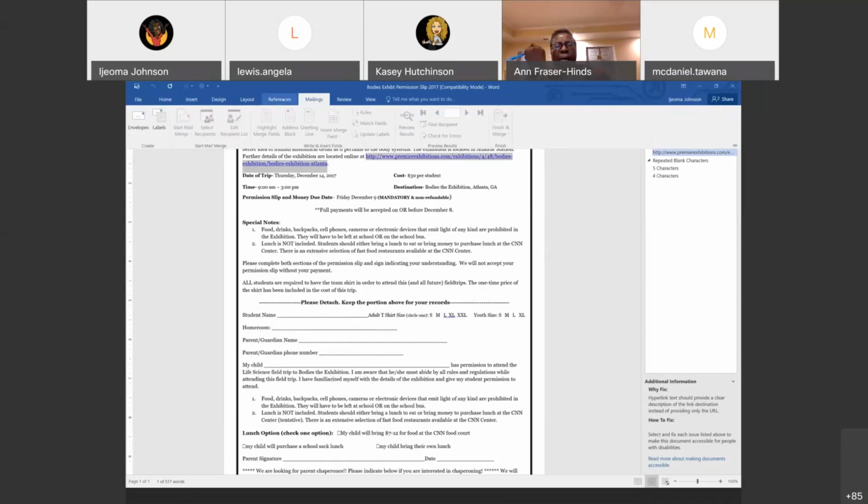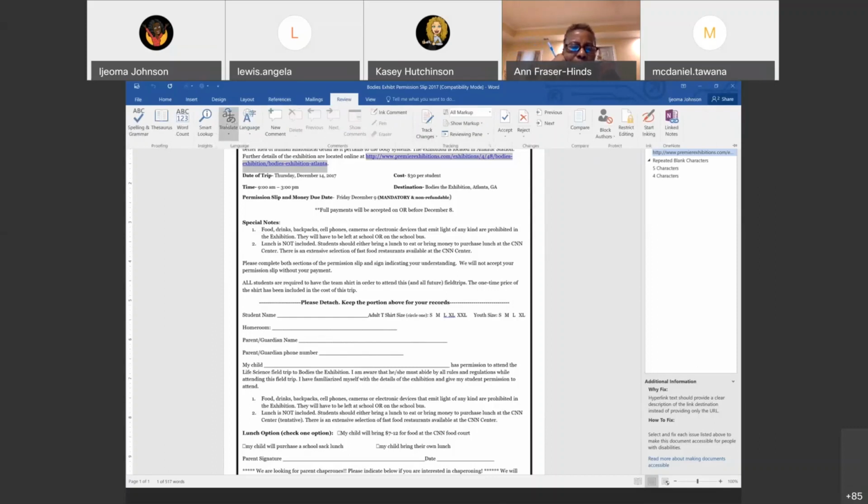Okay, now, we have looked at the different tools under our Review tab. We looked at our translate option. We looked at the Accessibility Checker, and we also were able to double tap our tabs to minimize our distraction. Now, the good thing as it relates to these accessibility tools is that they are within our other Microsoft tools, but I wanted to show you something that was specific to PowerPoint. So within PowerPoint,